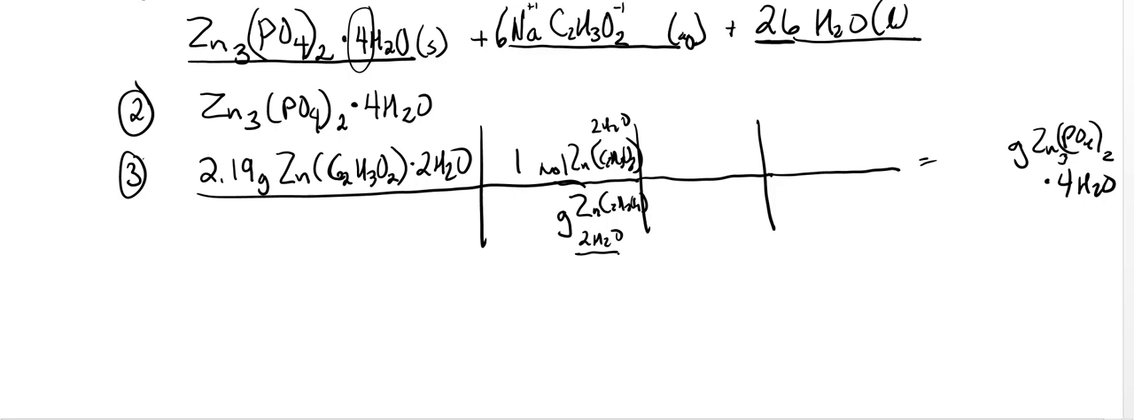Okay, what makes this one a little tough is the fact that we have to factor in the 2 waters. So I need somebody to do some adding for me. Zinc is 65.4, and we have 1 of those, and we have 2 times 2 carbons at a price of 12.0, and we have 3 times 2 hydrogens at a price of 1.0,